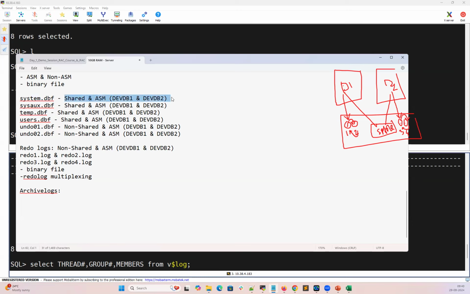Archive logs are saved. Your redo logs are non-saved, but your archive logs are saved and on ASM. Both instances will generate their own archive log, but both instances can read and write, which is saved. Again, it is under archive logs. Again, these are binary files. And the standard naming convention ends with